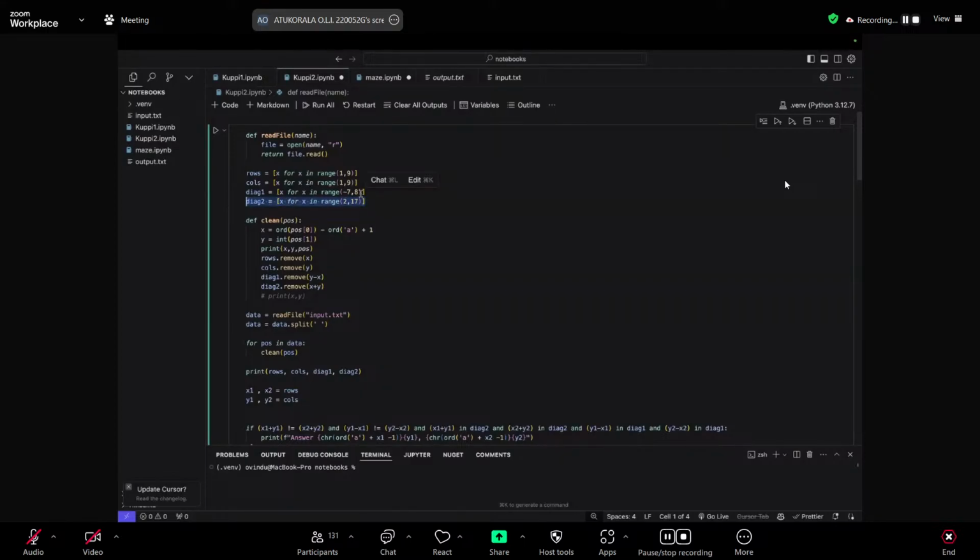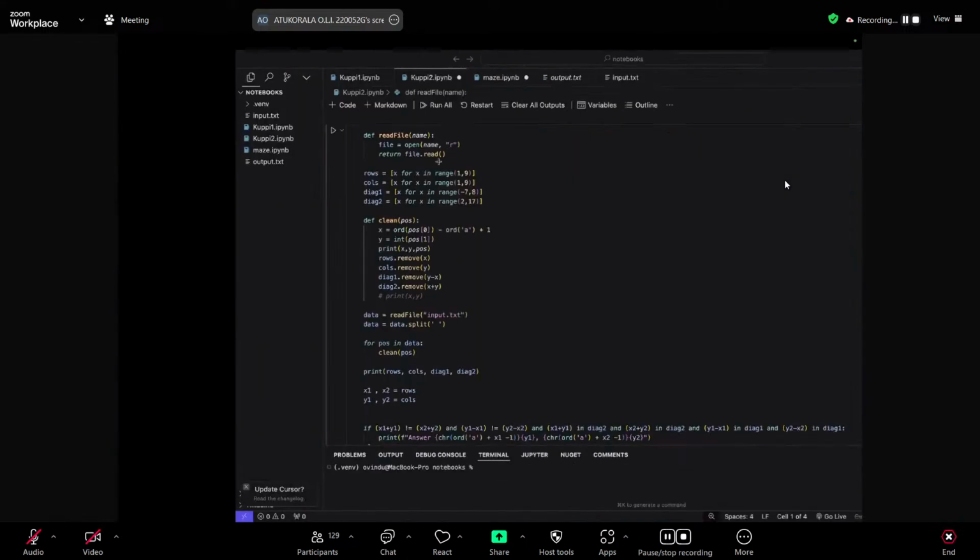Similarly, you'll see why I took the range from minus 7 to 8, because there it would be y minus x. The smallest value of y minus x would be here, which is minus 7. The largest value would be here, which is 7. So is that clear?